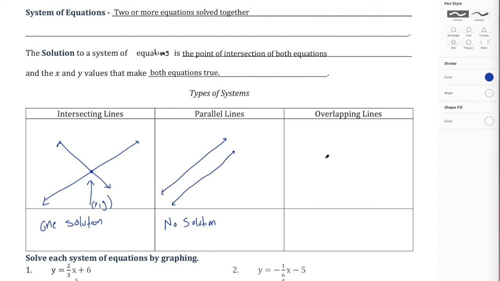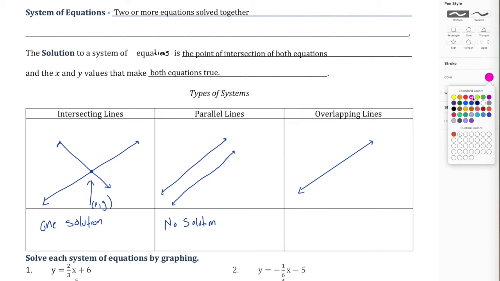Great. And finally is the case of overlapping lines. So if we have one line and then we go ahead and start to graph the next line and we realize this line is, I'm going to make it in pink and dot it, right on top of the other line. So those two lines coincided. So how many places do they intersect? They intersect here and here and here and all along both these lines. So there are in fact infinitely many